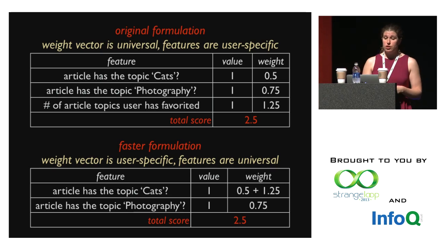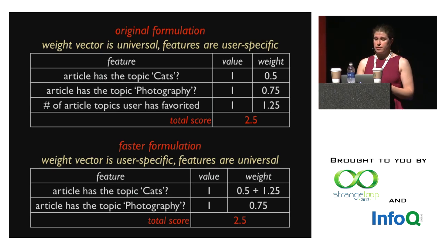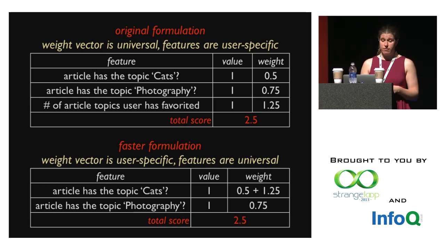Because of this transformation, when new documents enter our index, we need only compute this static feature vector. And then all we need to do to score documents when a user comes into the site is to do this one weight transformation, and then we can do a fast dot product on all of the documents with no expensive object creation.